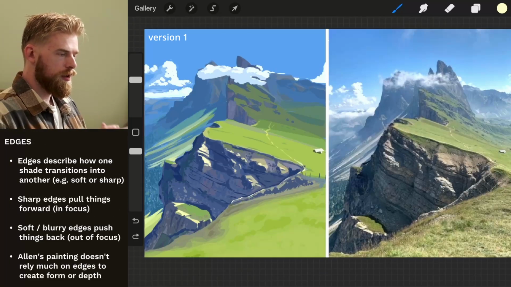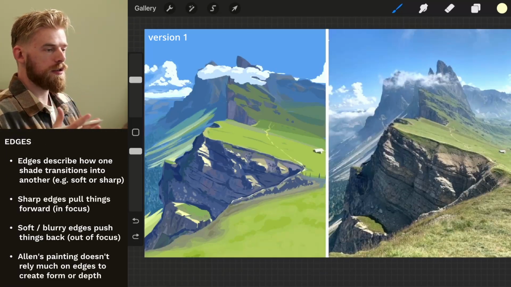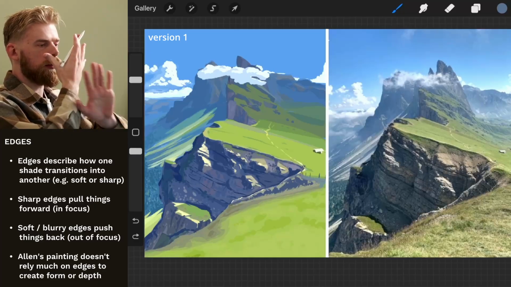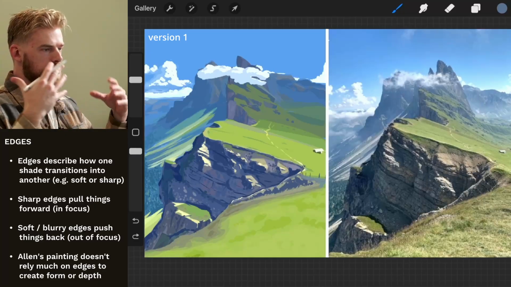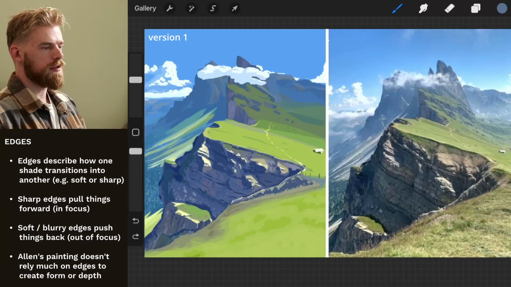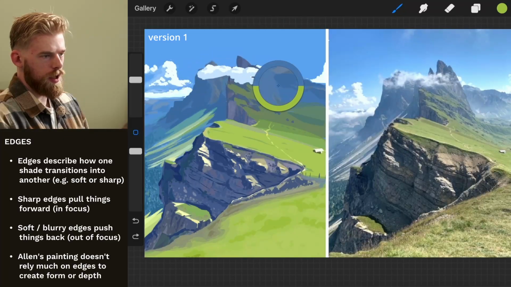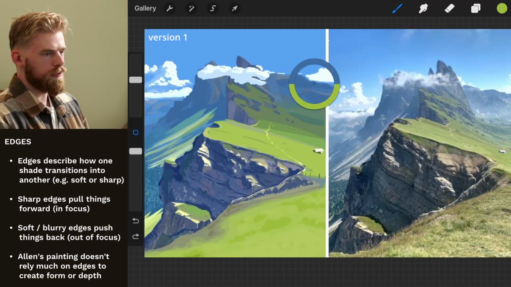But moving on, the third tool is edges. If you just put your hand in front of your face and stare at your hand, peripherally the things that are behind your hand are just going to blur out. And so that can simulate the impression of depth as well. Now, Alan's work doesn't really use edges a whole lot, and so we'll stick with values and colors for the most part,